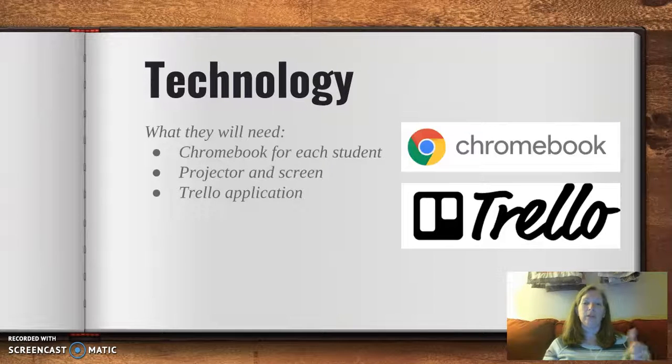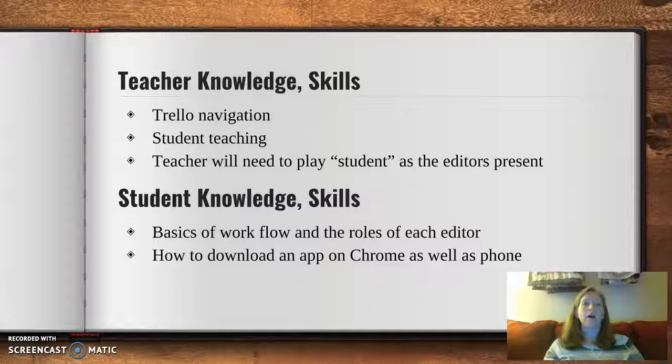Or whether it's Android or iPhone. The projector and screen obviously become a key component as well in showing that. Teacher-student skills, there are slight differences here. Teacher skills: having that Trello navigation, knowing how to create and move things around, but also knowing the value in